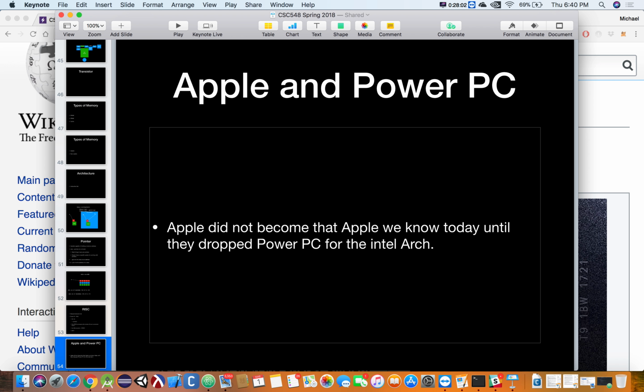And that was really a major risk for Apple. And this is related to what we're talking about here, because at that point in time, when they got rid of the PowerPC architecture,